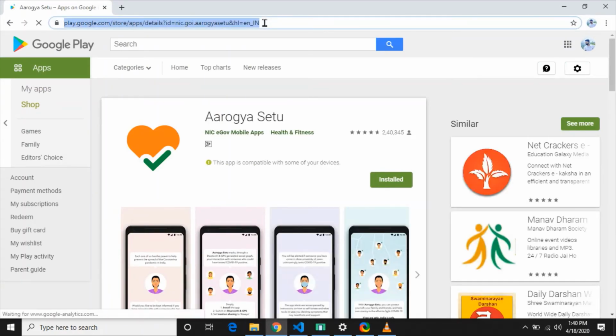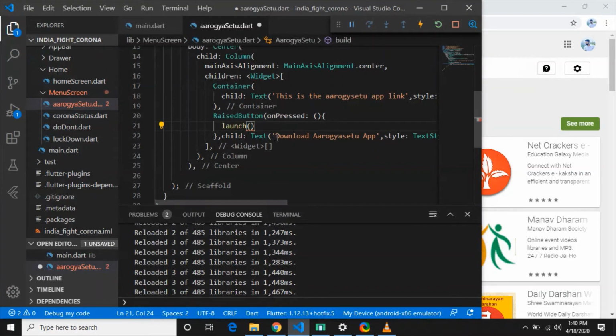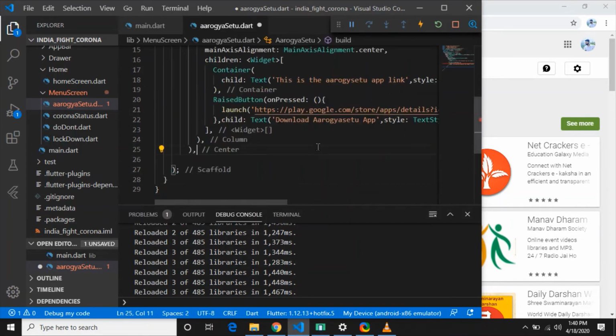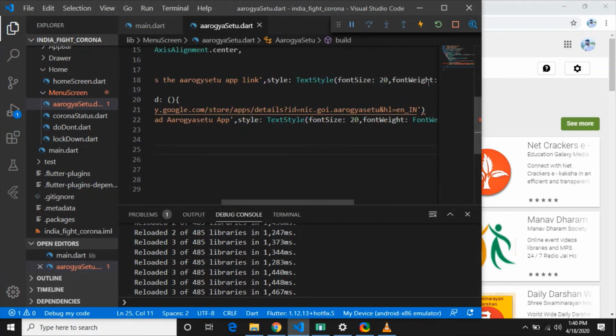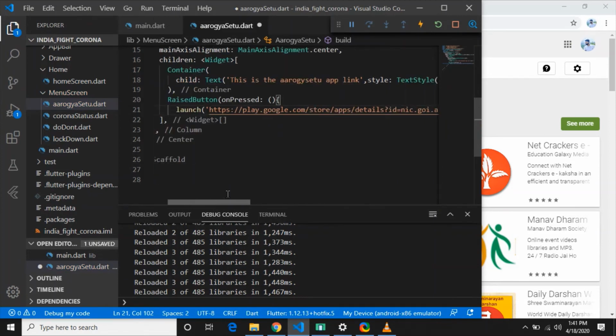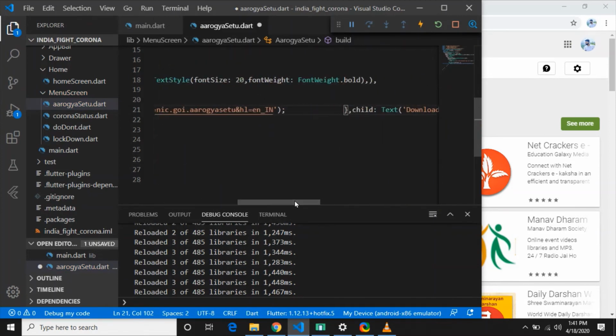So Control V, and once you do that, you have to save this, and I am getting some error at the end. Because I am getting an error, you have to give a semicolon, because this is a function and a function should end with a semicolon, and I will press Alt Shift F for formatting. So at the end of the launch, please use a semicolon. This is the semicolon, and you just save it.